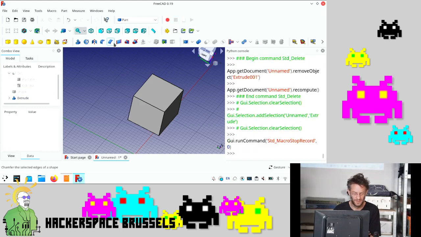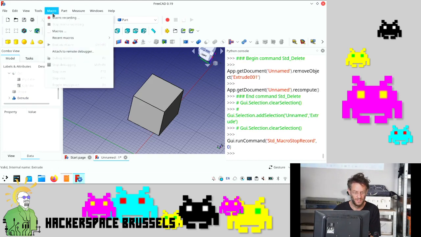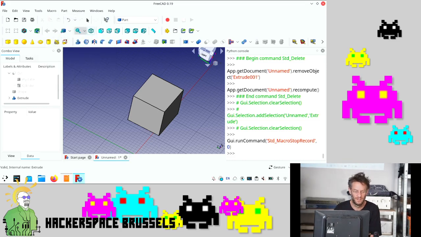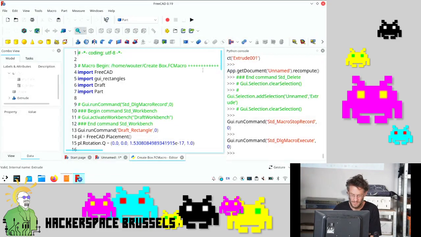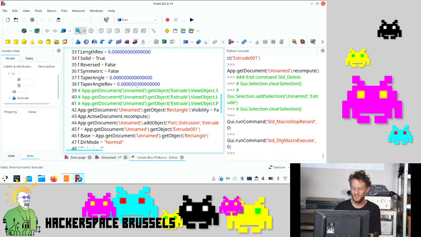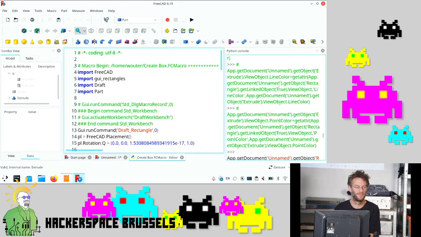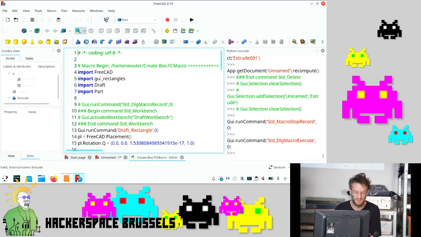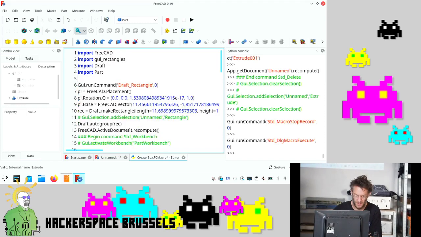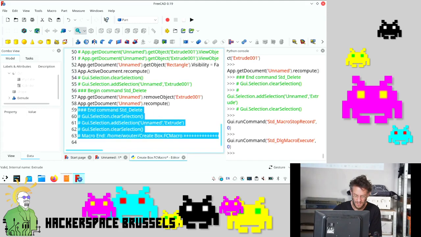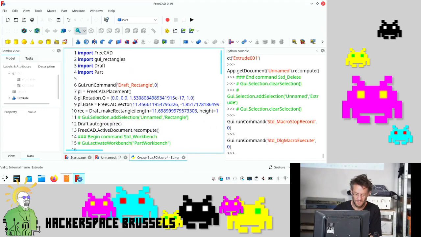And now I can go back in my macro menu. You can do basically anything, just to test. I check my macro here, and here it is. And you see that it's a copy of what happened here actually. And all these lines that begin with the cross are comments. You can remove them if you want. I can clean up a little bit. There is a lot of things, but